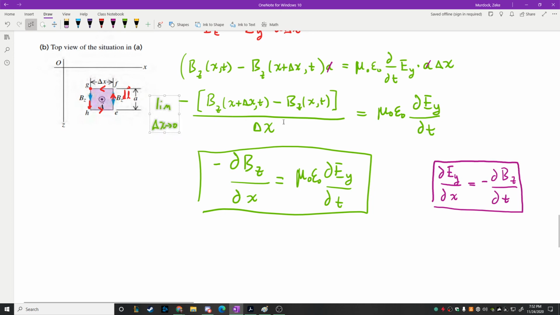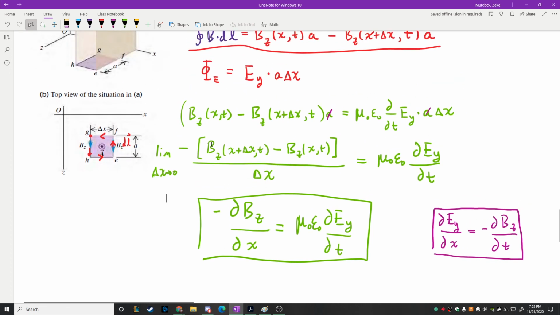Anytime I have an equation, as long as I do the same thing to the left-hand side as I do to the right-hand side, it doesn't change the equation, right? So I could square both sides, square root both sides, take the derivative of both sides, or take the limit of both sides. Or what I could have also done is avoided doing the stuff with the delta x, and instead of writing del bz here, I could have written this as the same